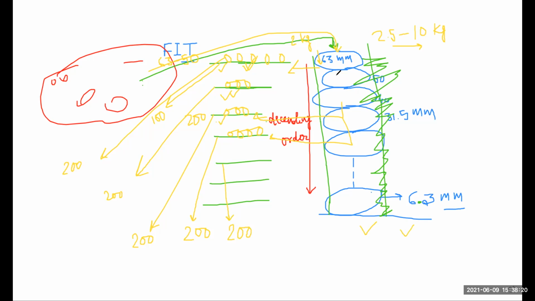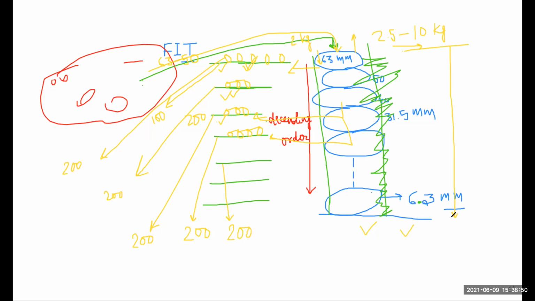Then we take our aggregate, then we start sieving using the sieve shaker. You do these things in your geotechnical engineering or concrete engineering also. So we start sieving. When you do sieving, you get some amount of aggregate which is passing through 63 mm. Above 63 mm, you do not take. Our main focus is the aggregate which is passing 63 mm and retained on these sieves.